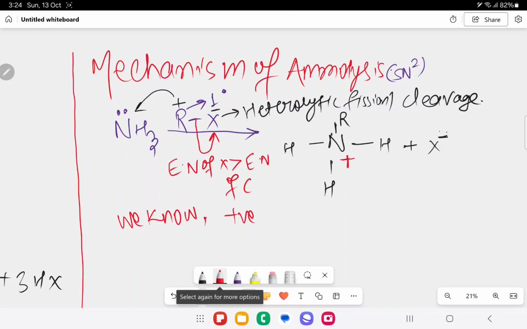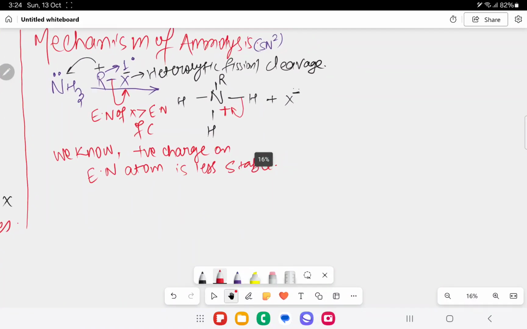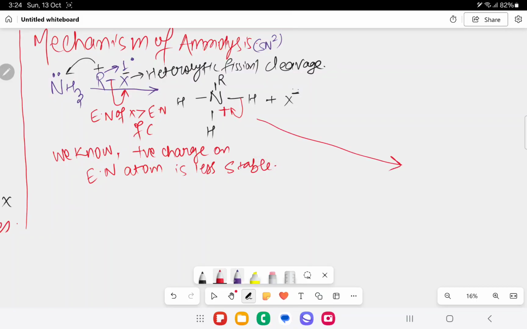that positive charge on an electronegative atom is less stable. Positive charge on an electronegative atom is very less stable. Because of that, this nitrogen will take the electron from hydrogen, and from here what you will get, this X is waiting and hydrogen plus will be removed, so minus HX goes outside and you will get the product. And over here one lone pair comes because of hydrogen, and one side H, one side H, and the other side R. Getting my point?